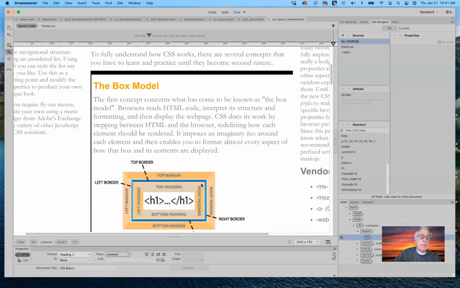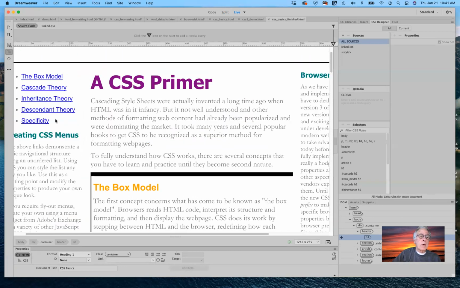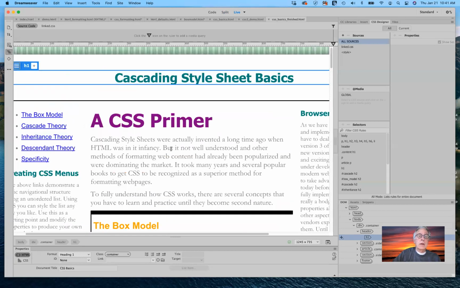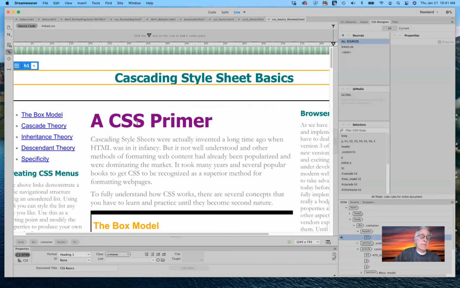would look entirely different. So you can see that this paragraph here has a box around it, a border, only on the top and only on the left. We can see that our page is broken down into 3 columns. We can also see that at the top, we have something called a header, and we have an H1 tag here. And if I click on this, you can see that I have an H1 tag here, and they are different from one another. So we're using style sheets in order to distinguish one H1 tag from another, as an